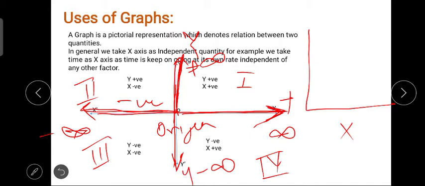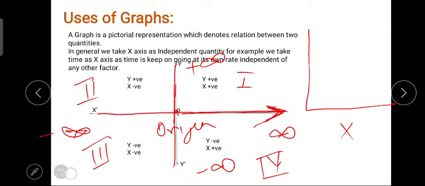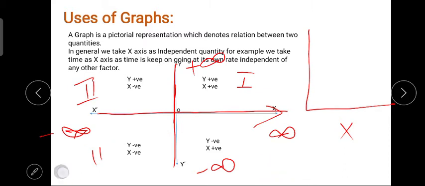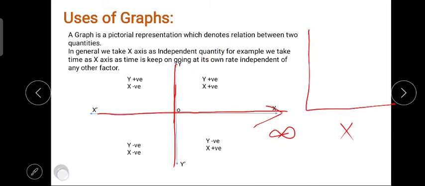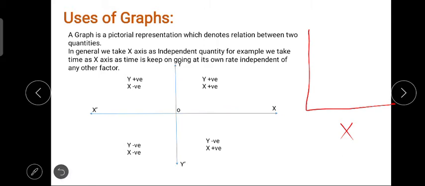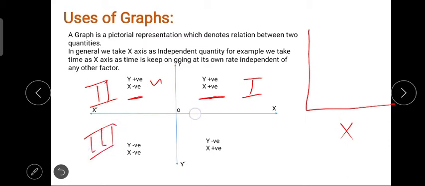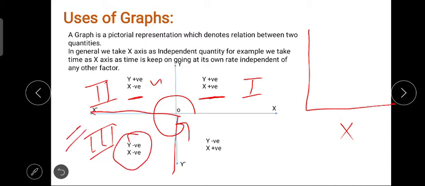So based on this criteria, what I have denoted on this screen is that you have the four Cartesian planes. Here in the first quadrant, both x and y will be positive. For the second quadrant, x will be negative and y will be positive. For the third quadrant, they are considered in the anti-clockwise direction. Here x is negative and y is also negative. This is the only quadrant where you get x and y both negative.